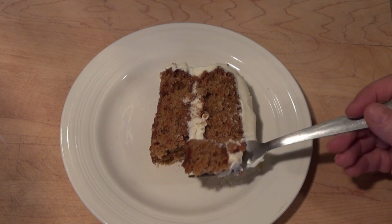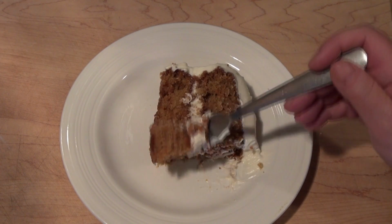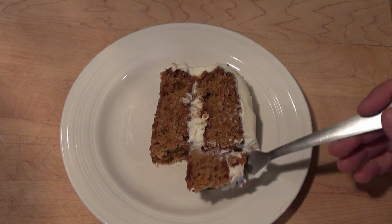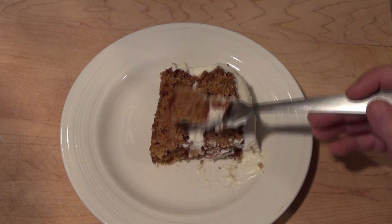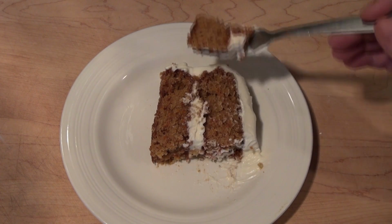Oh my gosh. Wow, wow, wow. I mean, not only is this moist, and how easy was it to make? It is loaded in flavor with all those spices we put in there. This is a real win-win. And this frosting, guys,